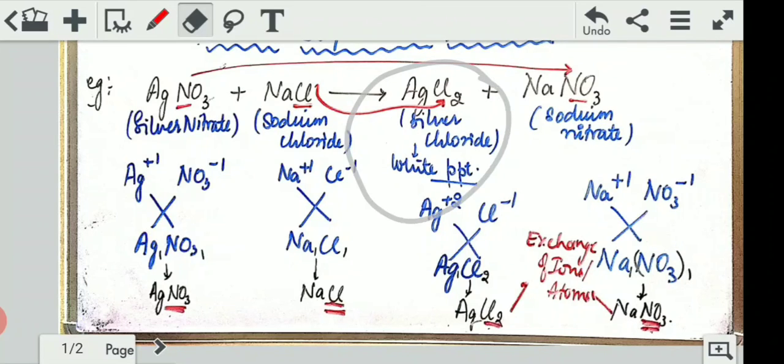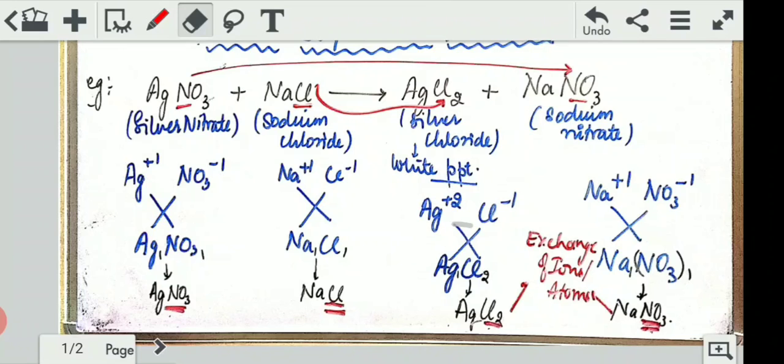This will form a compound called silver chloride. Ag is +2, Cl is -1. You might be wondering, here Ag is +1 and here it is +2. This is just because silver is present in two forms, +1 and +2. There are several elements such as copper, silver, iron, which have more than one form, right? So they can be present with more than one valency. Similarly is silver. Chemistry always has one or the other exceptions, right? So you will learn gradually where you have to add +2 and where you have to add +1 with your experience in forming chemical reactions, right?